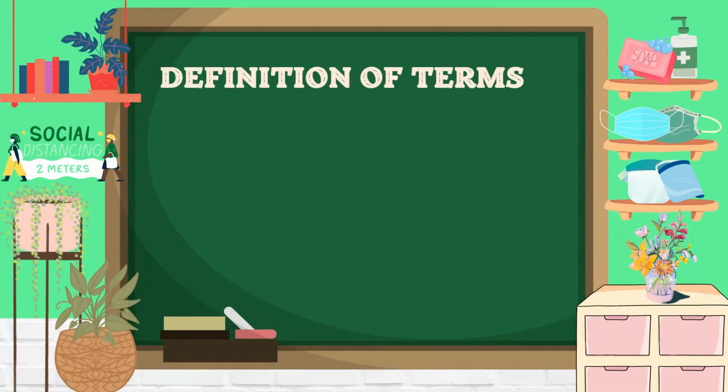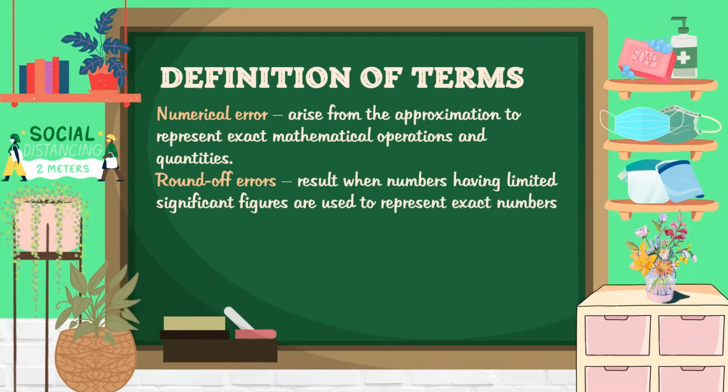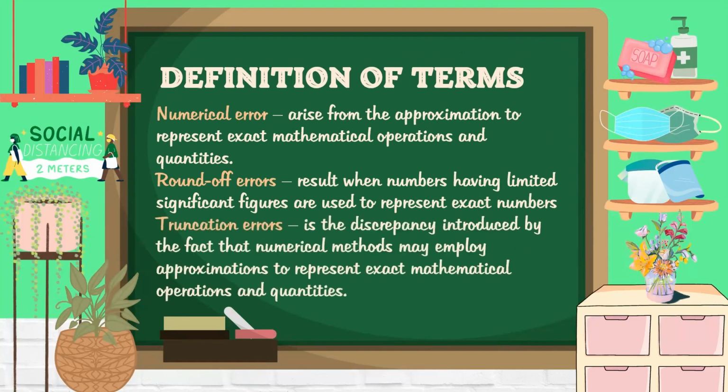Let's define some terms. Numerical error arises from the approximation used to represent exact mathematical operations and quantities. Round-off errors result when numbers having limited significant figures are used to represent exact numbers. Truncation error is the discrepancy introduced by the fact that numerical methods may employ approximations to represent exact mathematical operations